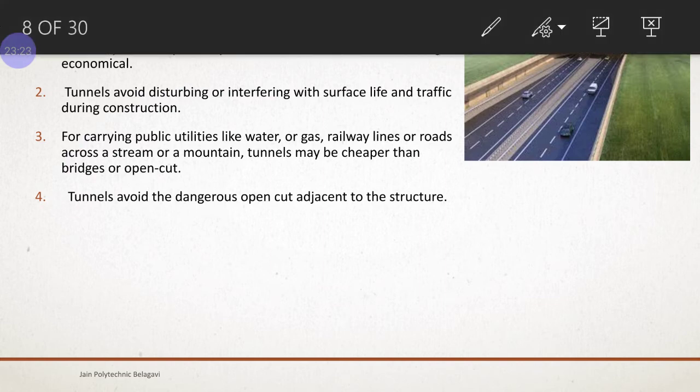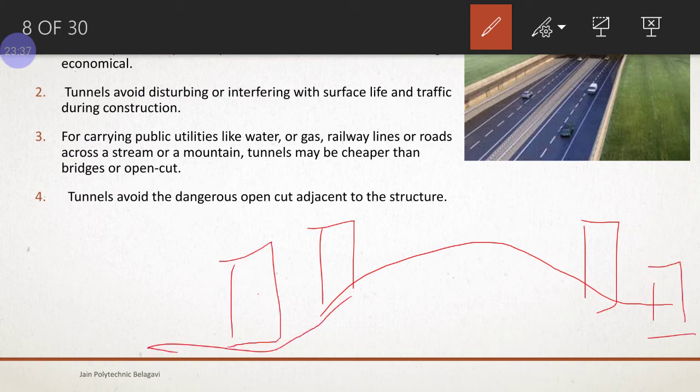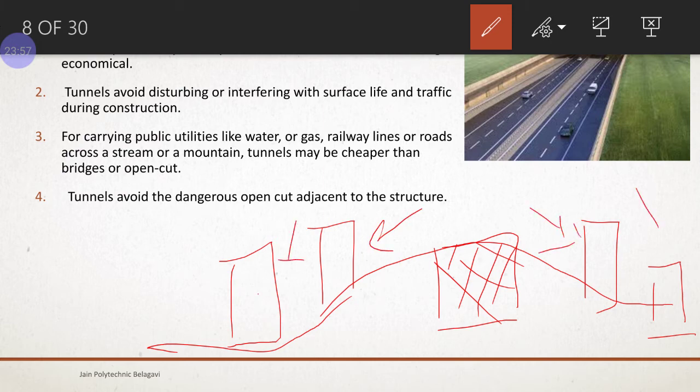For example, if this is your mountain or hilly area, and on the sides there are structures here, when you start excavating this passage of the hill, the vibrations, or sometimes explosives, might threaten or cause danger to these structures.